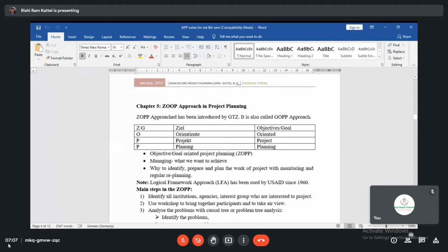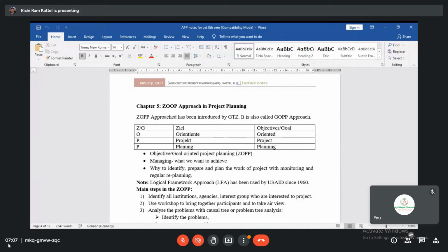Okay, today we'll discuss the ZOPP approach in project planning. The ZOPP approach was introduced by GTZ, now called GIZ. This is the German Development Cooperation approach. The abbreviation ZOPP is from the German language, and in English it stands for objective-oriented project planning, or goal-oriented